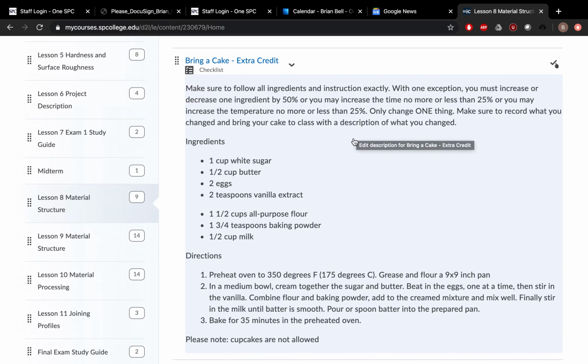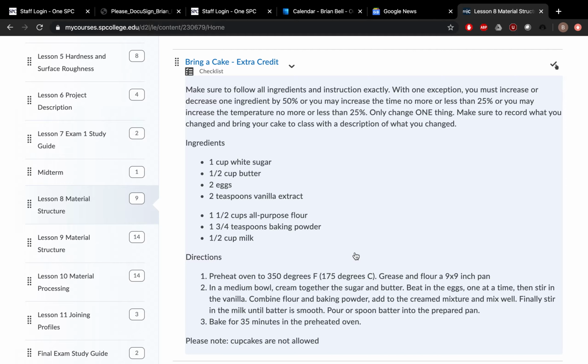And what I'm going to do is create a little discussion post so that we can share what our cakes look like. And the idea behind this is you want to see how the processing and the ingredients, just one variation can cause some pretty big changes in the structure of the cake. So as we go through this, and as some people maybe change the temperature, the bake time, or they change an ingredient, what we want to see is